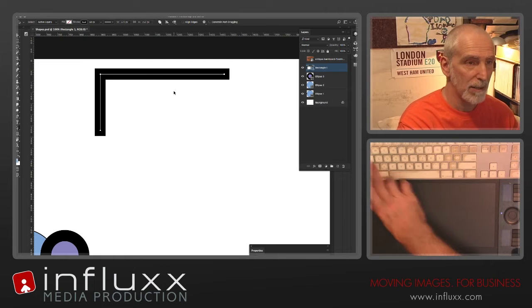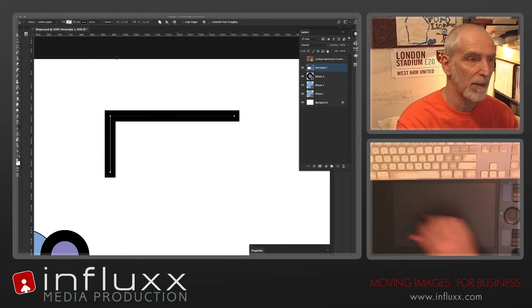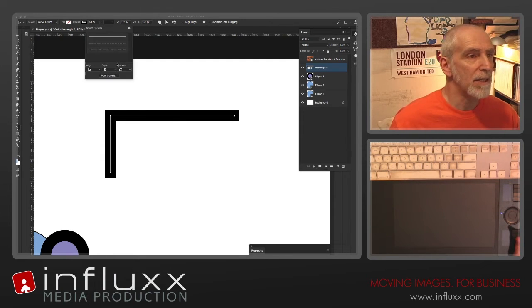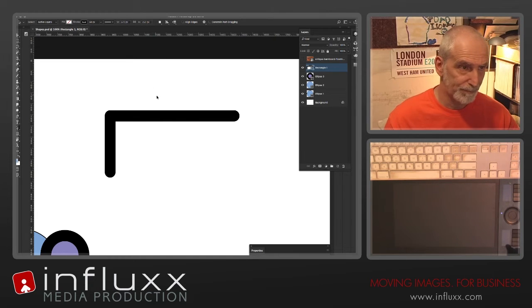Select the layer. Select the path. Let's give it a rounded corner, which rounds that corner. Let's give it a rounded end, and we've got quite a nice geometric shape just from one path with two angles. Okay,